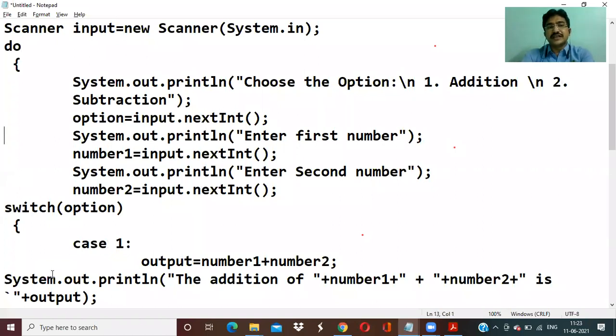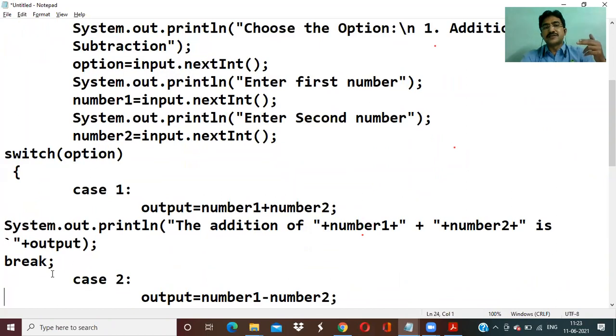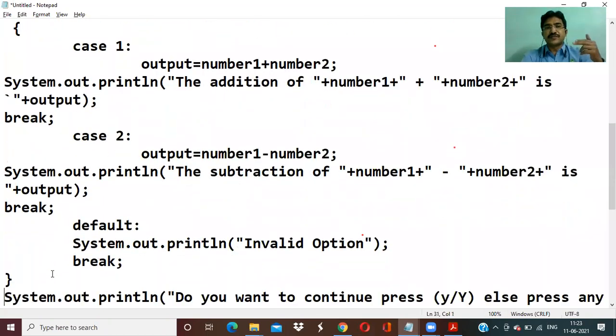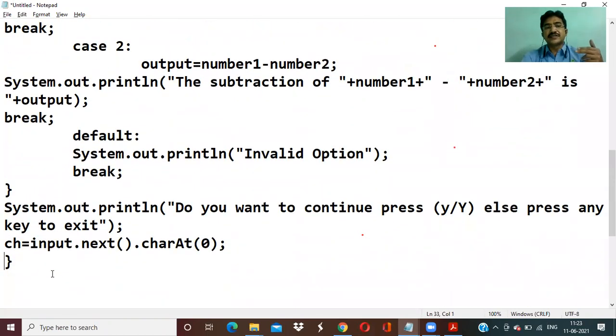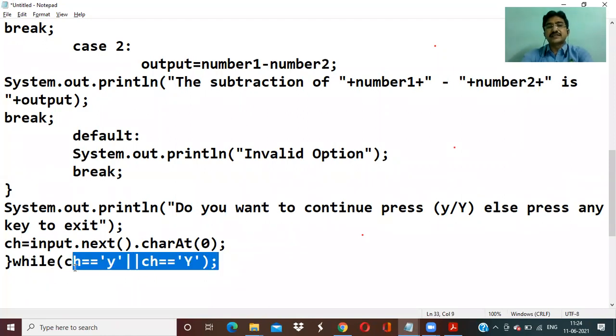This entire reading the option, reading the numbers, performing the respective operation based on the option, and at the last we are reading the character, until while ch equal to small y logical or ch equal to capital Y. Now when the character is small y or capital Y, if it is true, it will go to the first step and repeat the process.